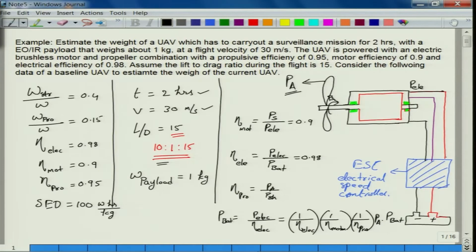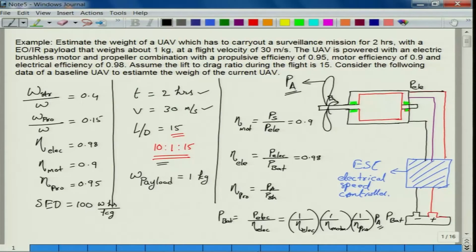power available. So, whatever the power available from the system should be equal to the power requirement at that particular flight velocity, is it not? That is what this power available should do. I should set the throttle of the motor in such a way that the combination of this motor with the propeller delivers the power required by the system to perform that particular mission, which is the surveillance mission here, at a particular velocity and L by D. So, when the power required for that particular flight condition is satisfied by this power available from the motor, then it will be able to fly at that constant velocity of 30 meters per second.